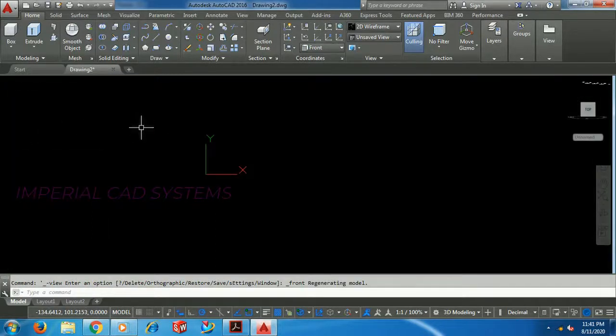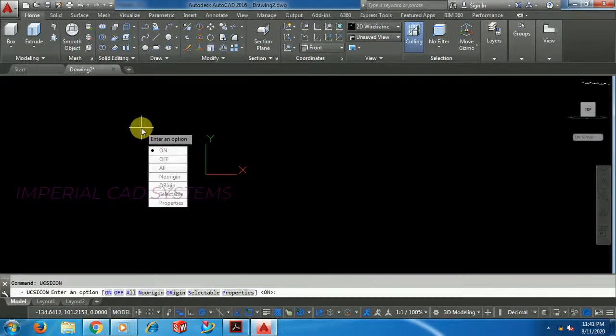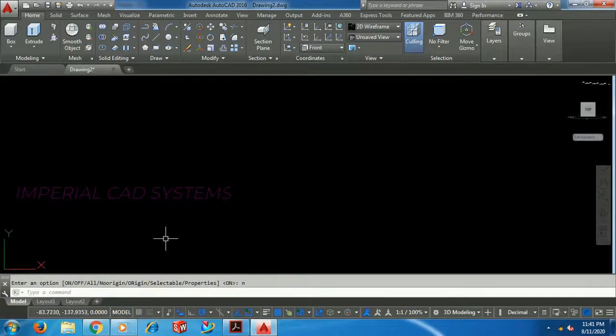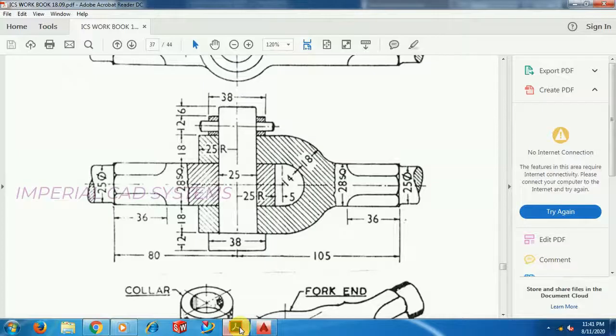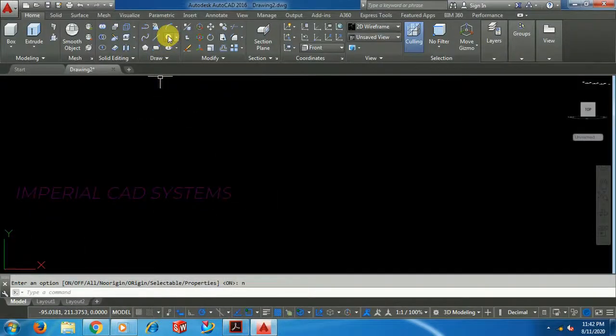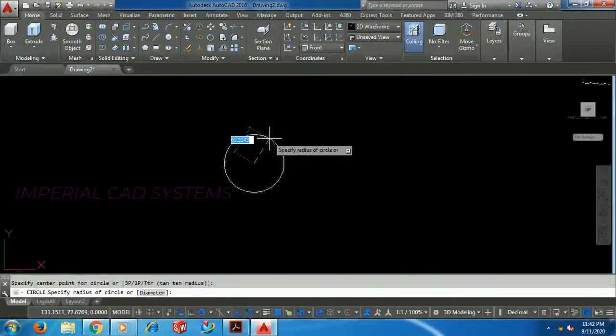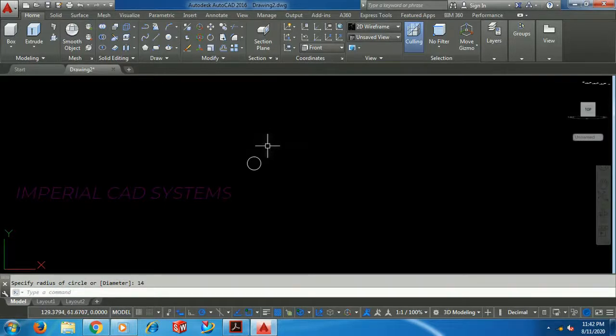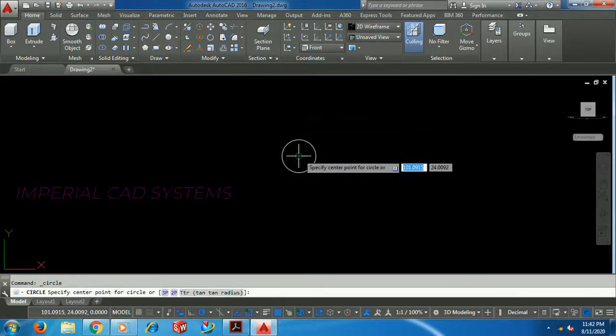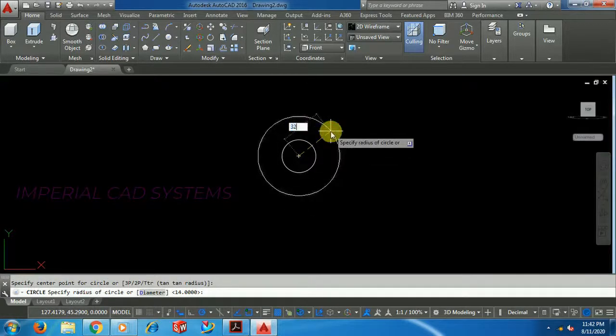I fix the axis at the corner, UCS icon, enter, N enter. Then take two circles, C enter with 14 radius, and 14 plus 18 means 32 radius.